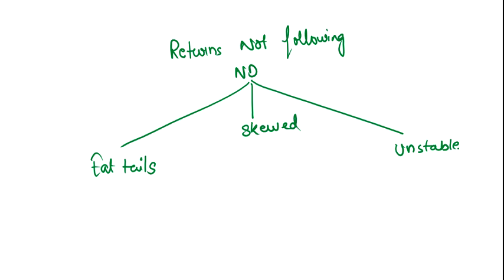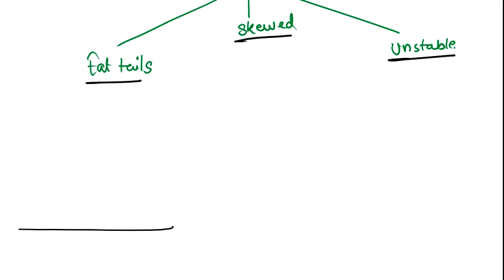So my returns are not following the normal distribution. The reason is fat tails, the data is skewed, and the parameters are actually not stable. Let us begin with our fat tail. Okay, how does my normal distribution look? This is my simple normal distribution where the tails are very thin, close to the x-axis, but when it comes to